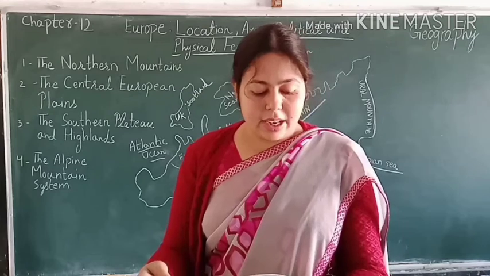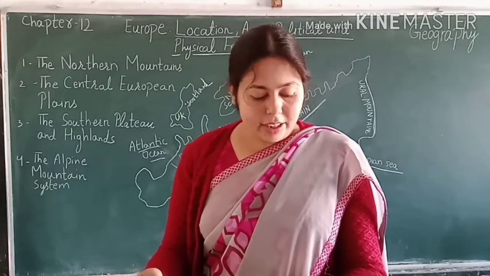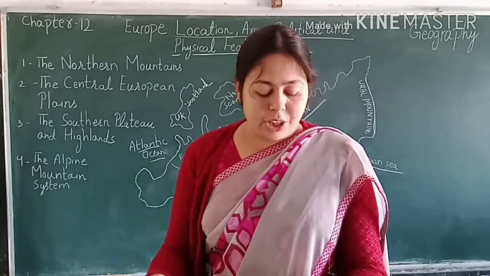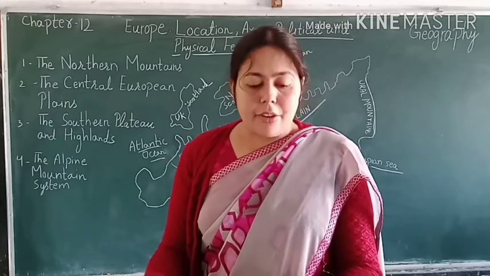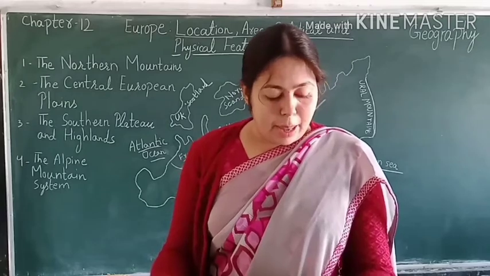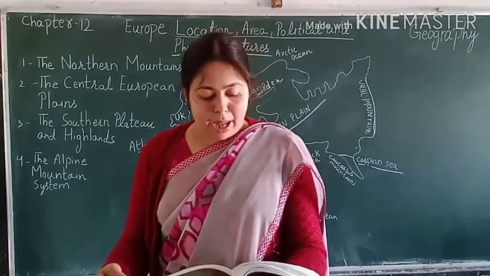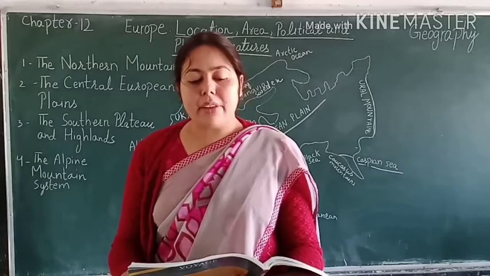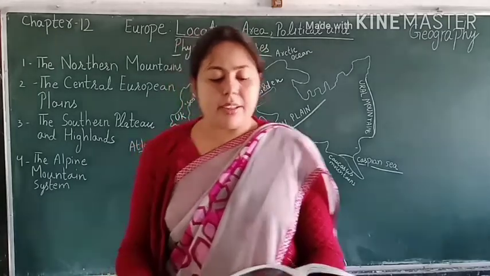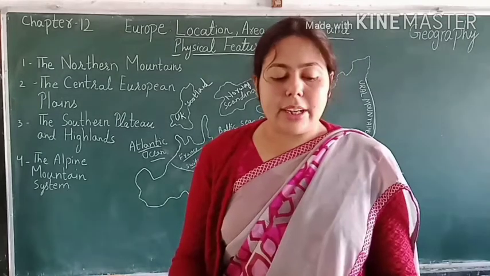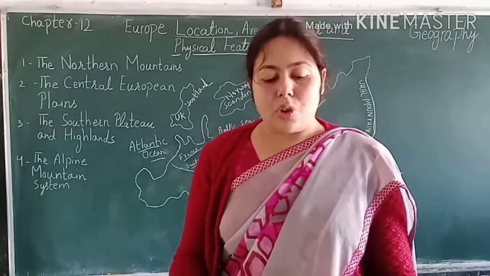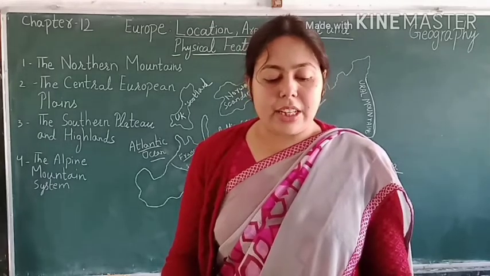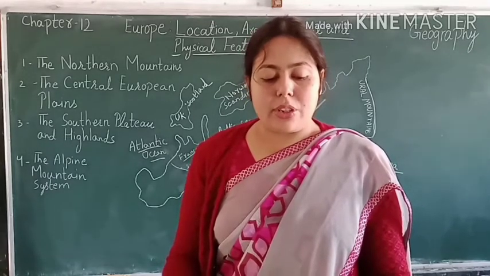In the west are the Sierra Nevada extending over southern Spain and the Pyrenees, which form a natural boundary between Spain and France. The Apennines run southward, forming the backbone of Italy. Across the Adriatic Sea and running parallel to the Apennines are the Dinaric Alps, another southward extension of the Alps in Slovenia, Bosnia, Serbia and Montenegro, countries that formerly constituted Yugoslavia.